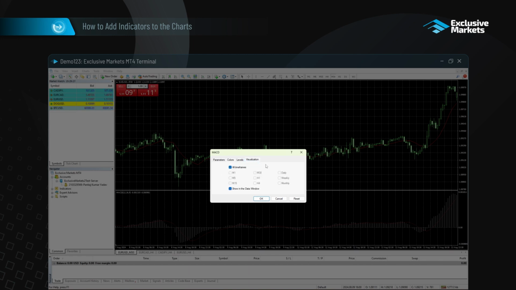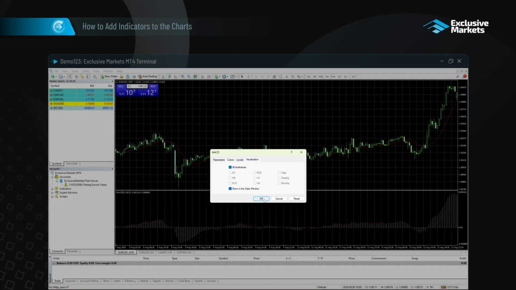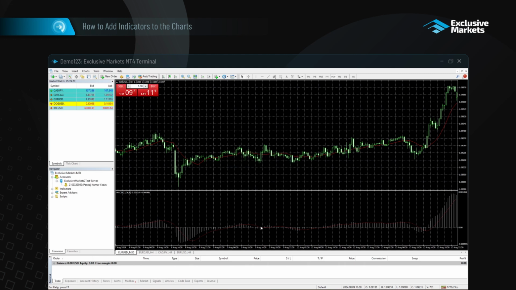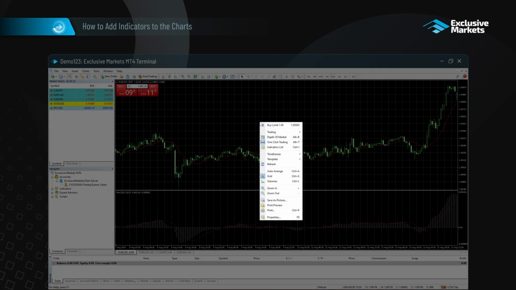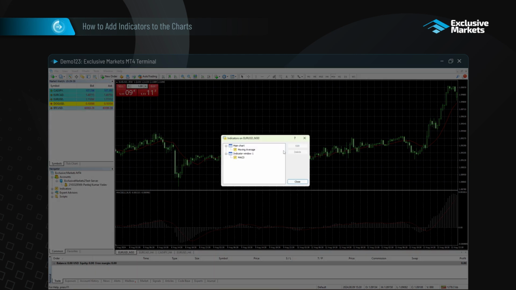in the Visualization tab. To change an indicator's settings or remove it from your chart, right-click on the chart and go to the Indicator list. From there, you can select the indicator you want to modify and either edit its settings or delete it entirely